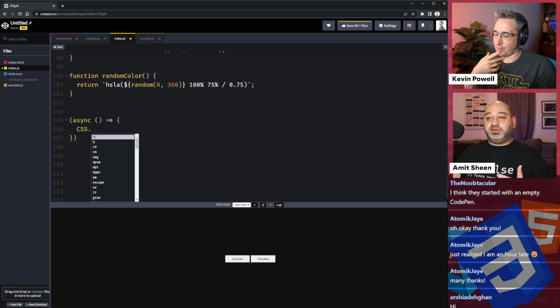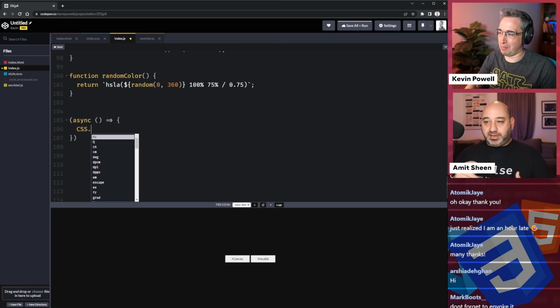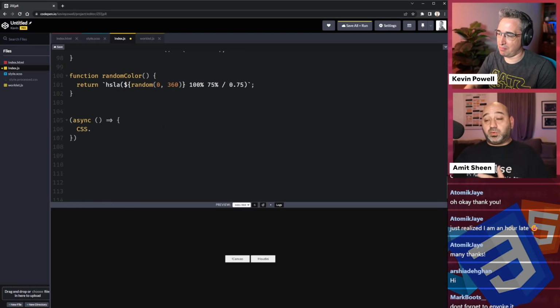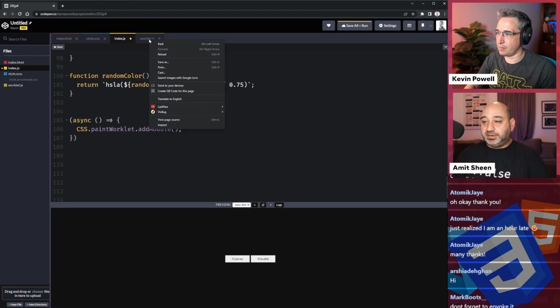It contains a lot of information on CSS, unit measures, and a lot of other things like paint worklet. And this is what we're going to write now: CSS.paintWorklet.addModule. So we're actually adding a module, and we open brackets, and inside of it we're going to call the